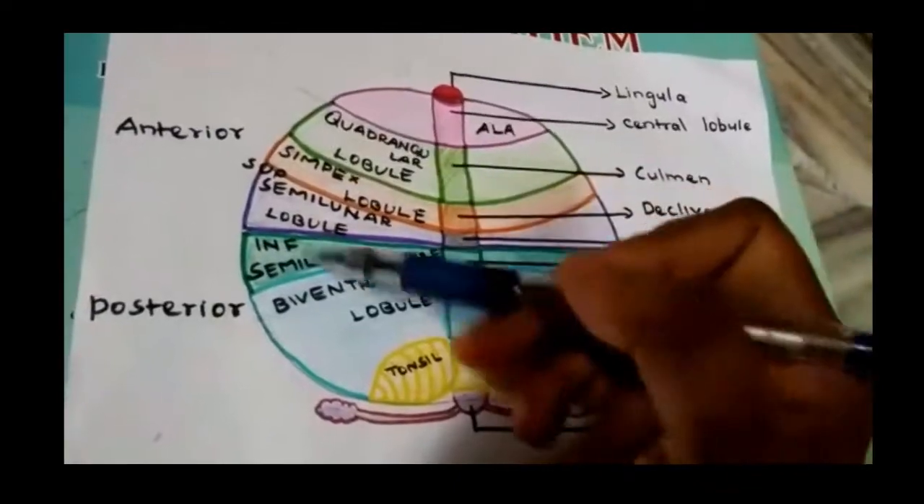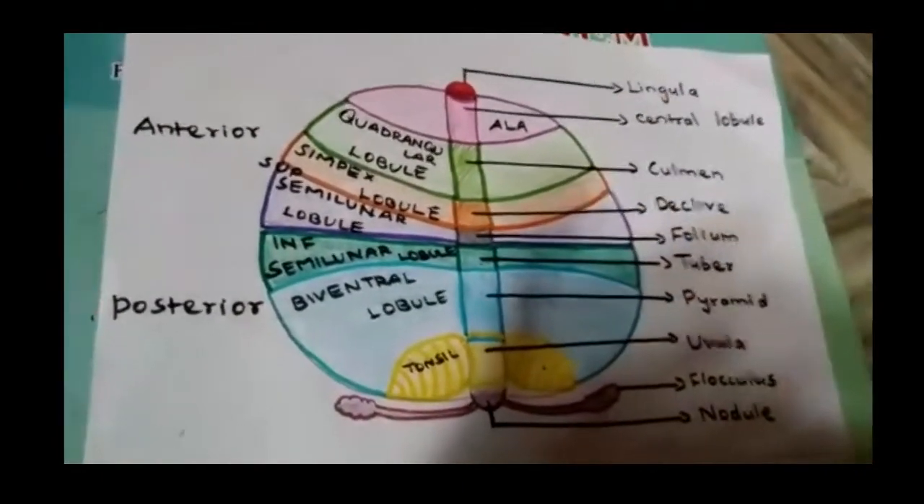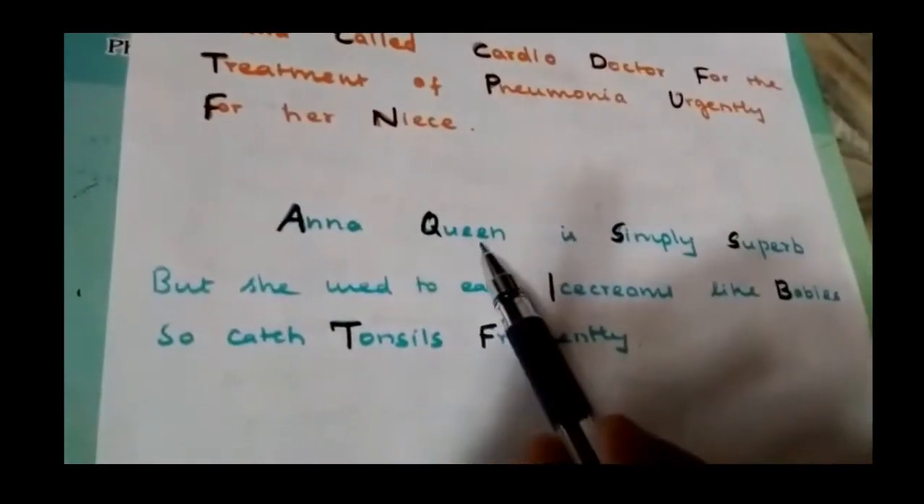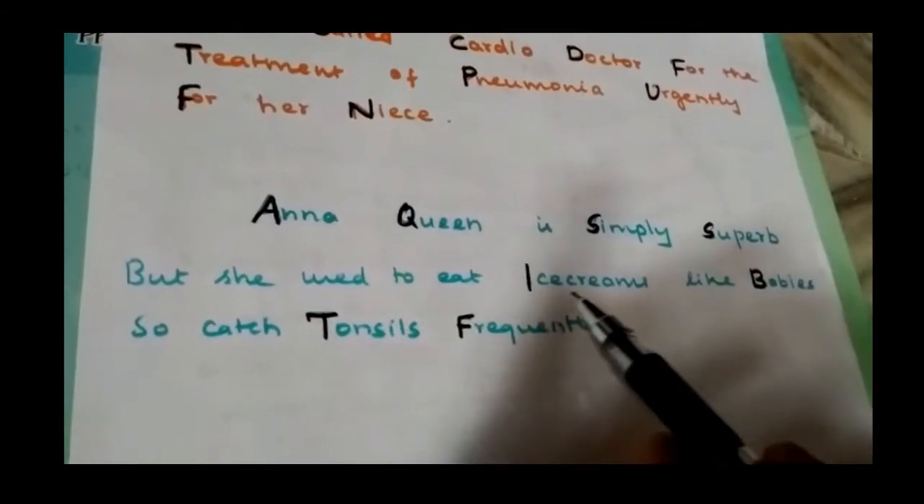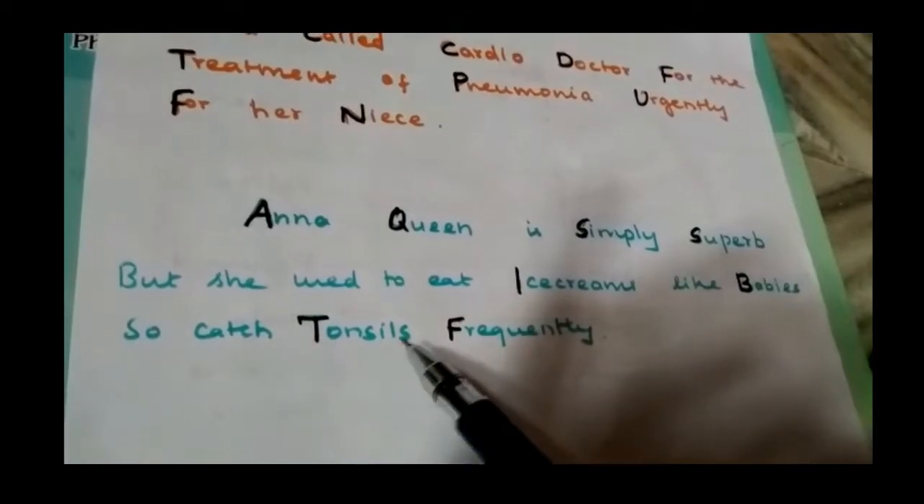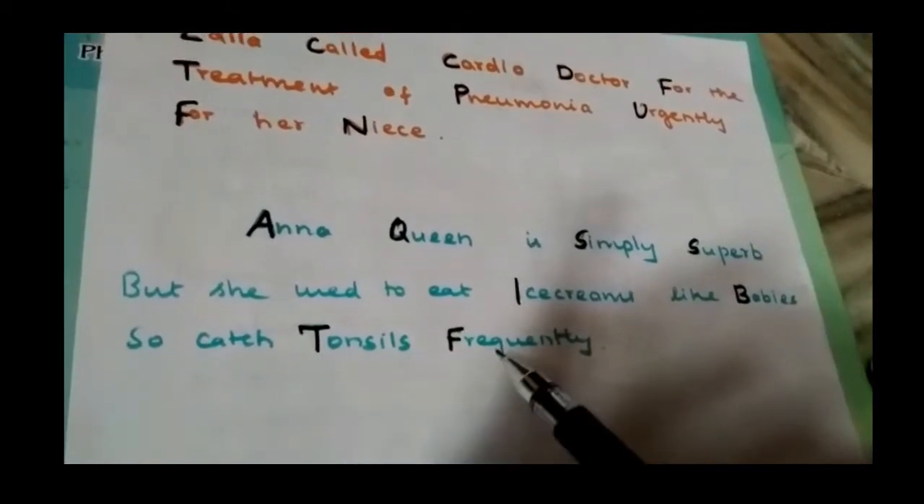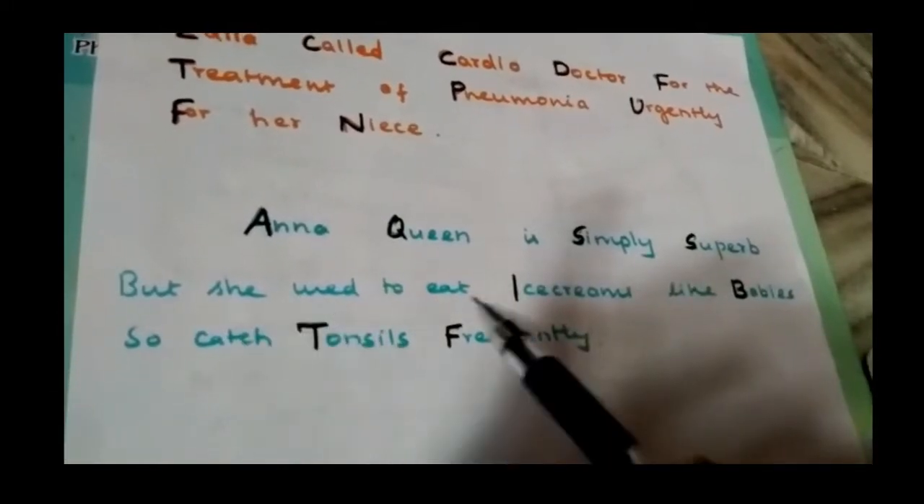So for the lateral extension, that is for the subdivisions of the cerebellar hemispheres, listen to this mnemonic. Anna Queen is simply superb, but she used to eat ice creams like babies, so she caught tonsils frequently. Anna Queen is simply superb, but she used to eat ice creams like babies, so she